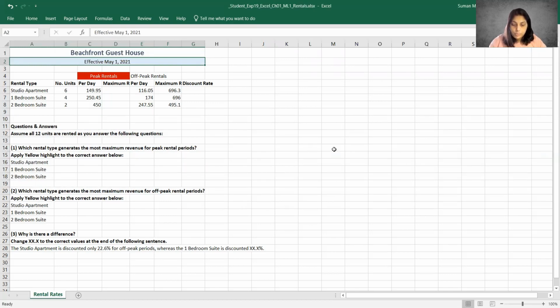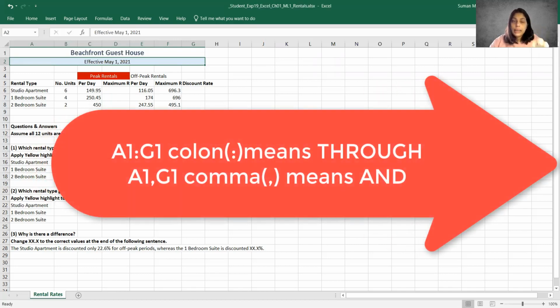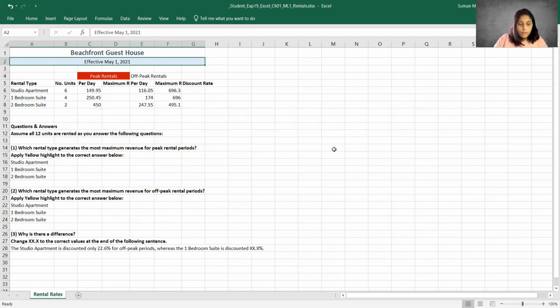I'm going to pause here because if you've noticed in steps 2, 3, and 4, every time there's a colon, I have said through. In Excel, that colon, when describing a range of cells, means through. If you see a comma, that means and. This is known as the syntax, or the language, that the system uses to communicate.